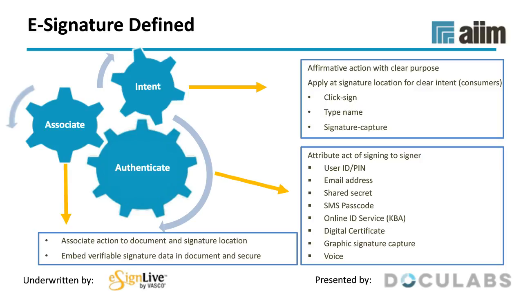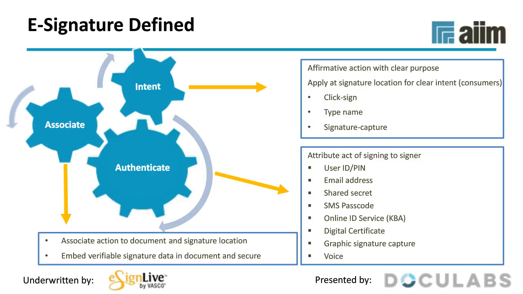You want them placed on that signature line. So next in the definition, I said that you've executed or adopted by a person. So this refers to authentication, or your ability to prove that Jane Doe is the one whose intent you just captured. How do you know it was Jane Doe?